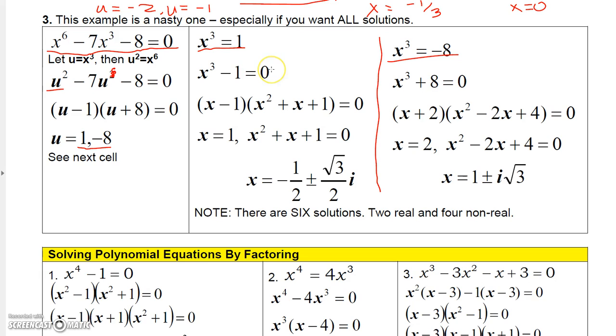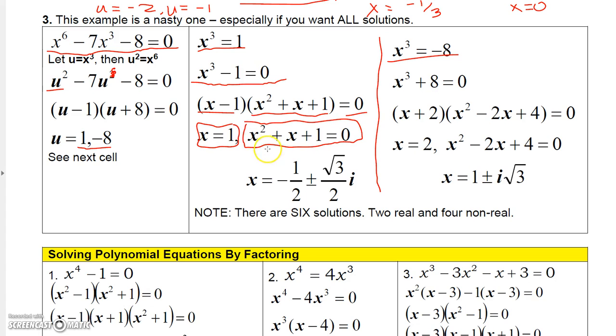Well, that would be fine if you just wanted the real solutions. But let's look at what happens if you move the 1 over here and create a difference of cubes. From a lower level algebra course, you'll learn that a difference of cubes will factor. This factors into x minus 1, x squared plus x plus 1 equals 0. If you set x minus 1 equal to 0, you get x equals 1, just like we said you would. But then if you set this equal to 0,